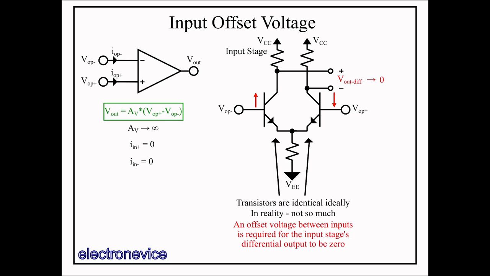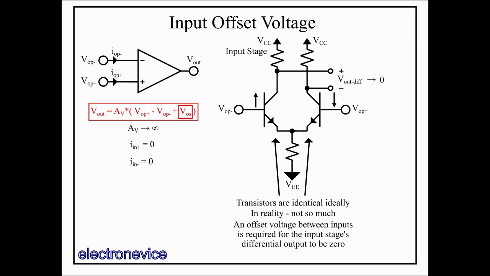And so when the same voltage is applied to VOP- and VOP+ as before, there will be a non-zero differential output voltage. In order to make the output voltage 0, a small difference between VOP- and VOP+ must be introduced. This small difference, or offset from each other, is referred to as the input offset voltage, and it represents the amount of voltage the inputs need to be offset from one another in order for the output of the op-amp to equal 0 volts. The input offset voltage can be positive or negative, and it generally changes to some degree based on temperature, time, common mode voltage, as well as other parameters.